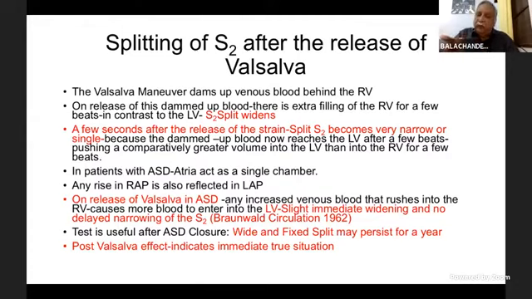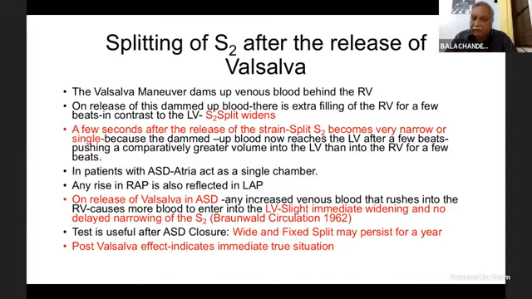So the S2 split will widen simply because the P2 gets postponed. The A2 also comes a little early and the S2 split widens. But a few seconds after the release of the strain, the split S2 becomes very narrow because the dammed blood reaches the LV and pushes a greater volume into the LV and postpones the A2 almost to the level of P2. Now, this is an important point to remember, that the splitting of the second heart sound after release of Valsalva is a very interesting sign